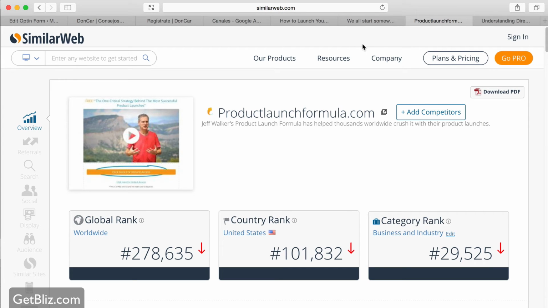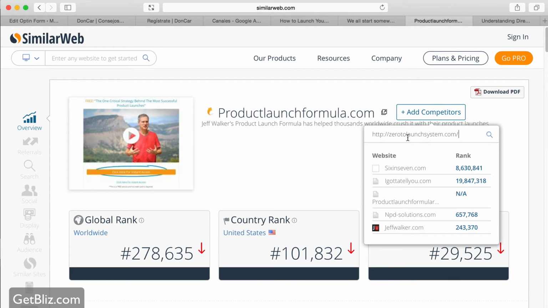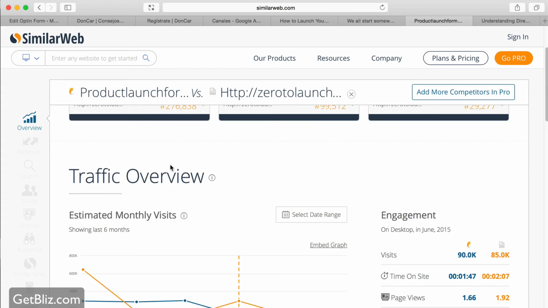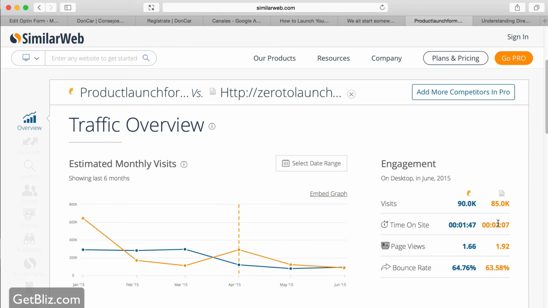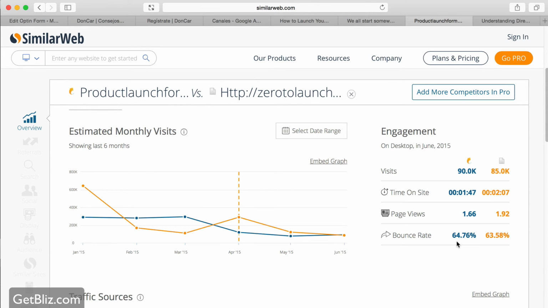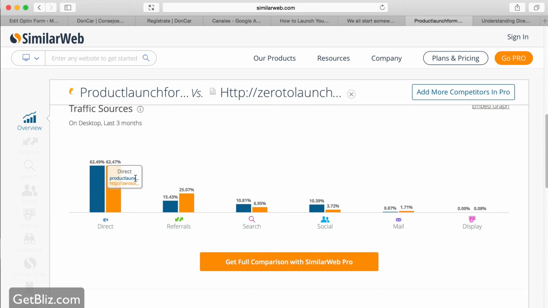An interesting feature is that you can also add competitors. So let's say we want to see how one of Jeff Walker's competitors is doing. We could simply paste his URL, add competitor, and see how Ramit Sethi is doing. And it turns out that traffic-wise and ranking-wise, they're very similar. There's a little bit less traffic for Ramit Sethi, but people spend a little bit more time. They actually watch more pages per visit. The bounce rate is almost identical. And their traffic sources, guess what? They're almost identical as